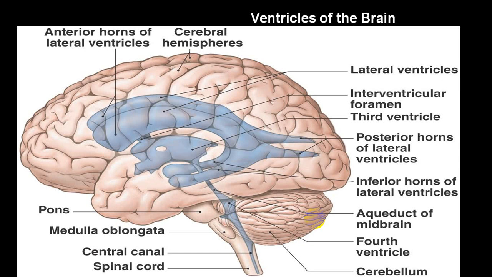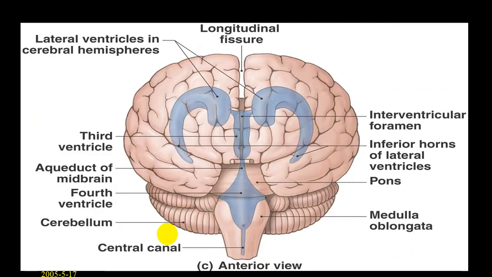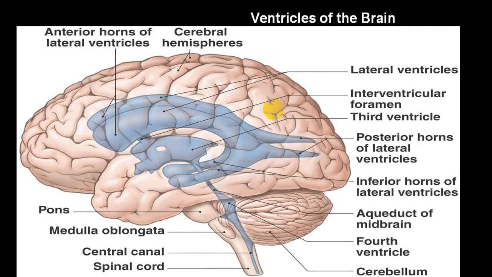We'll show you that particular diagram. You can see that these are frontal horns or anterior horn. This is the occipital horn or posterior horn. And these are the inferior horn. So from the third ventricle via the aqueduct into the fourth ventricle and from the fourth ventricle into the central canal. And there will be two lateral openings of the fourth ventricle, that is the foramen of Luschka. It will come out into the subarachnoid space. So this will be the appearance in an anterior view. This is the appearance in a lateral view.